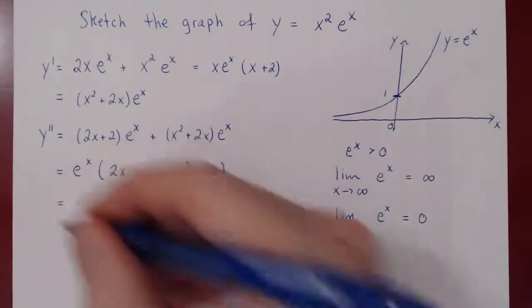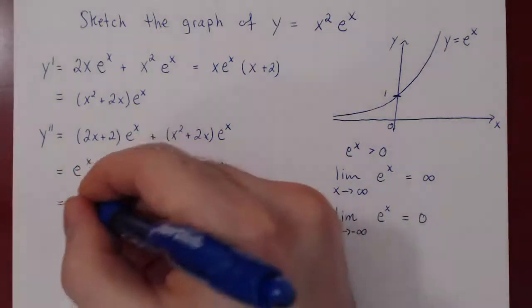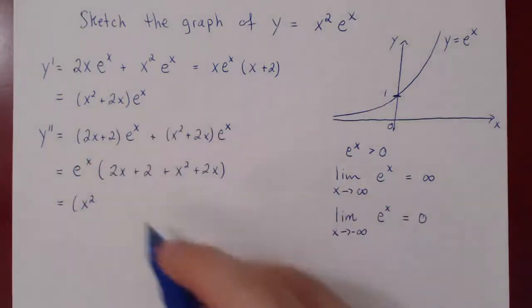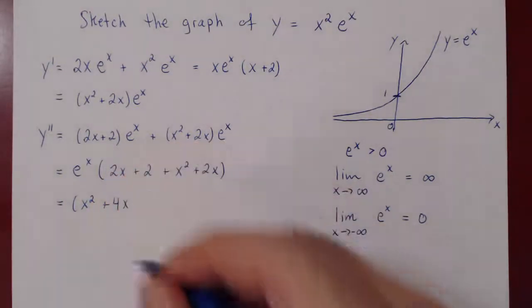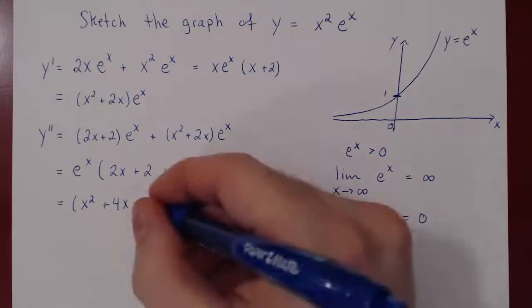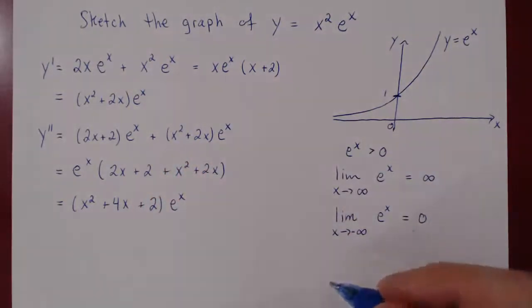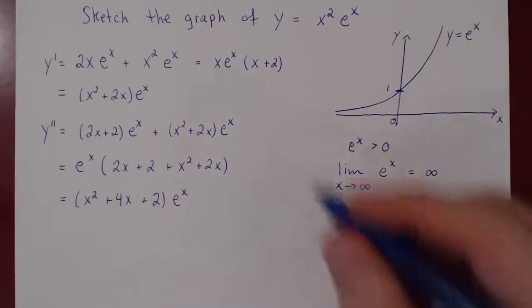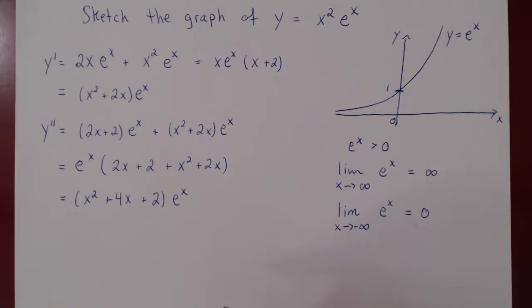If we simplify, and I'll write the quadratic first, we'll have x squared plus 2x plus 2x is 4x plus 2 times, of course, the exponential e to the x. So we have found our first derivative factored and our second derivative factored. Well,